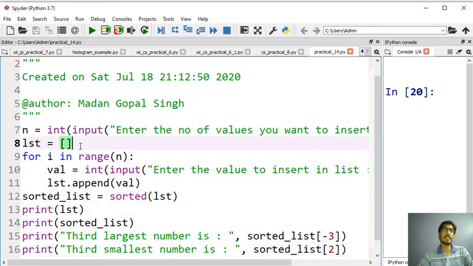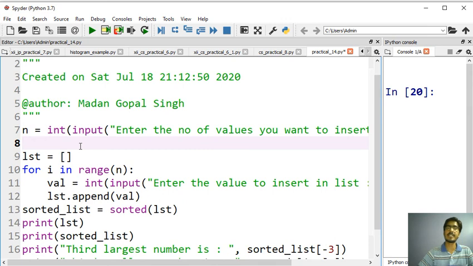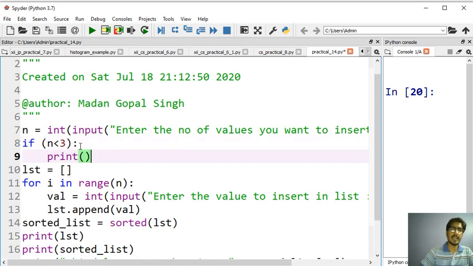So remember this, if the n value is less than 3, then this logic might fail. So you can ensure that the user has entered at least 3 values. If the n value is less than 3, then you may print an error message: please enter a value of more than 2.